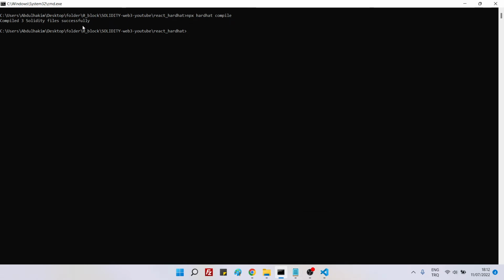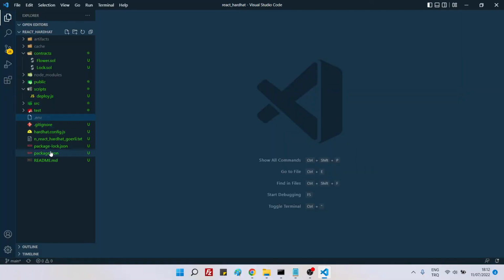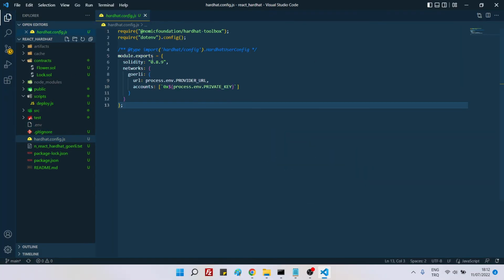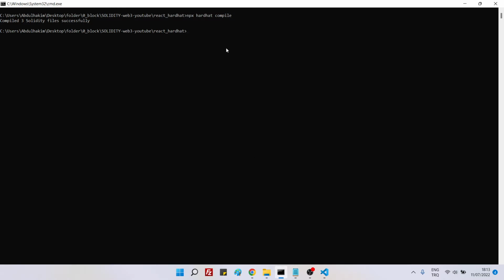Yeah, the files were successfully compiled. So now, actually it's a bit long line of code, so I will just copy it. So npx, we will now deploy our contract to network Goerli. Just go to hardhat.config.js for the one last time. 0.8.9. The network name is Goerli. Just make sure that the name is the same as what you are writing here, Goerli,